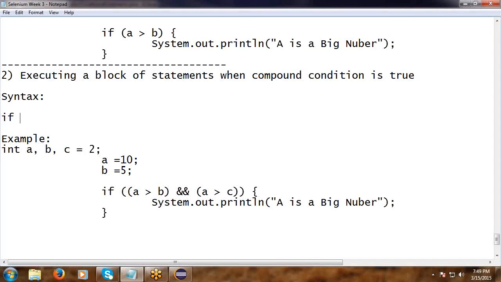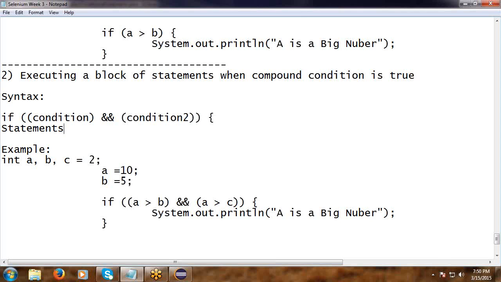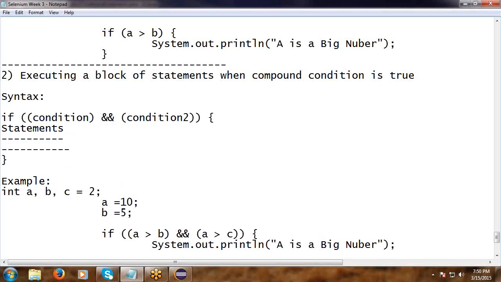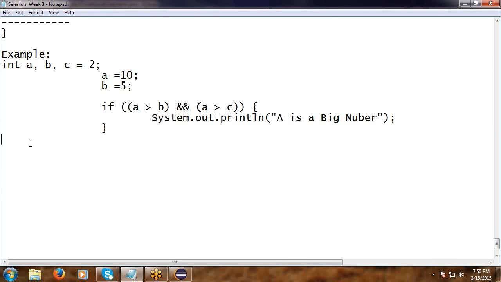Skeleton is important. Based on the example, you can easily understand the syntax. If, parenthesis, brackets, condition 1, logical and, condition 2, open curly braces. Next, statements. Every statement should end with a semicolon, that is common syntax. Close curly braces. Next, third usage,